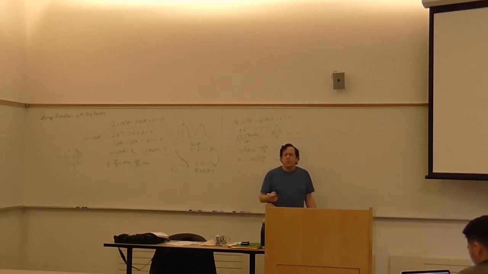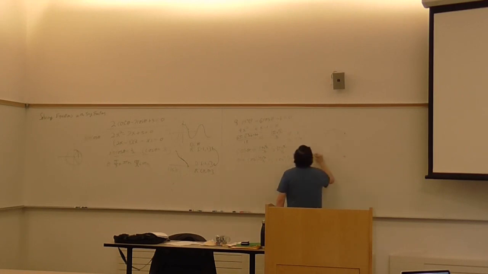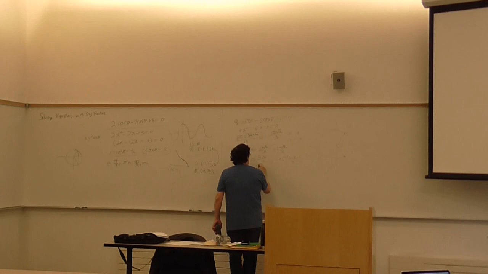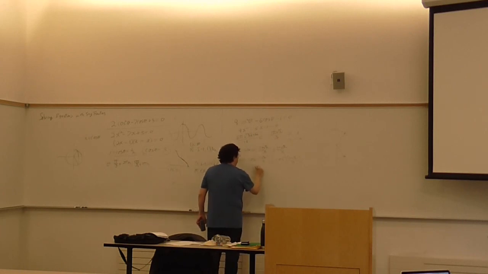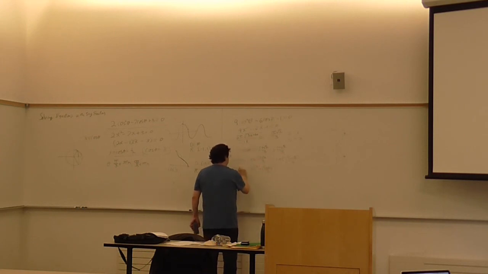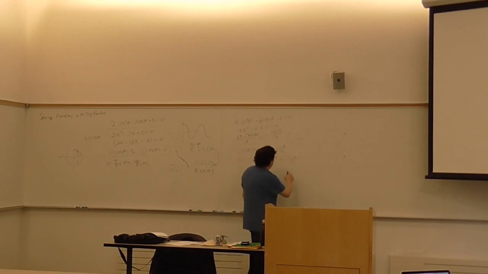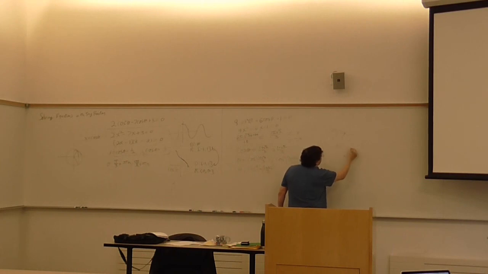Well, pi over 2 would be 1.7, so that would be in the first quadrant. So we'll also have the negative of this. And this guy is negative 0.14. It's over here. So we'll also have